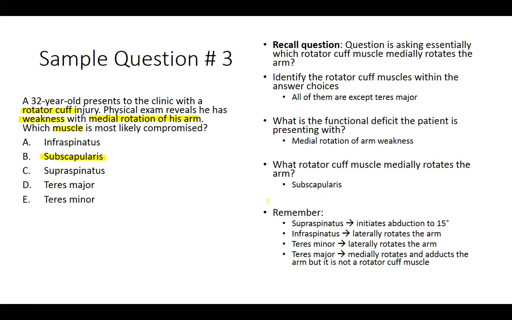Now what you can get confused with is teres major. You may go, oh, that one medially rotates the arm. But the question is asking for a rotator cuff. So the key to this question, the reason I did this is so you remember, look at the question carefully